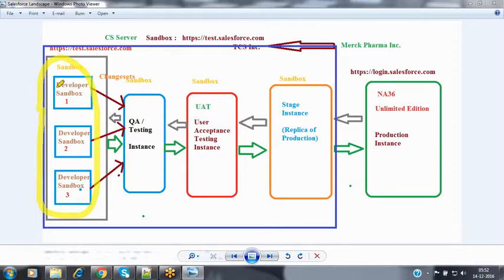As a developer, we have to use this sandbox. Sandbox is nothing but a development environment where people can write the code, implement the functionality, and do the testing. It may be any type of testing they can do. It may be functional testing, security testing, performance testing, or whatever. Whatever they want, integration testing, everything they can do by using this sandbox itself.